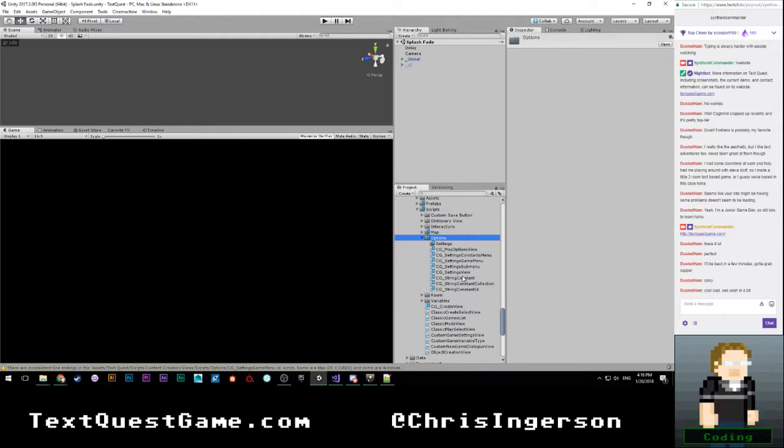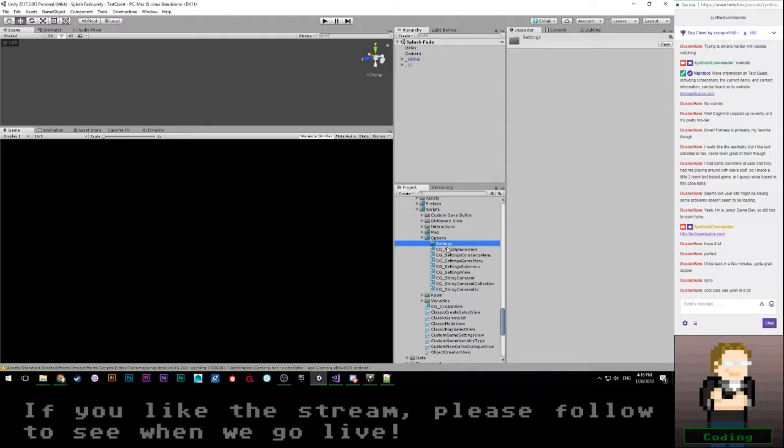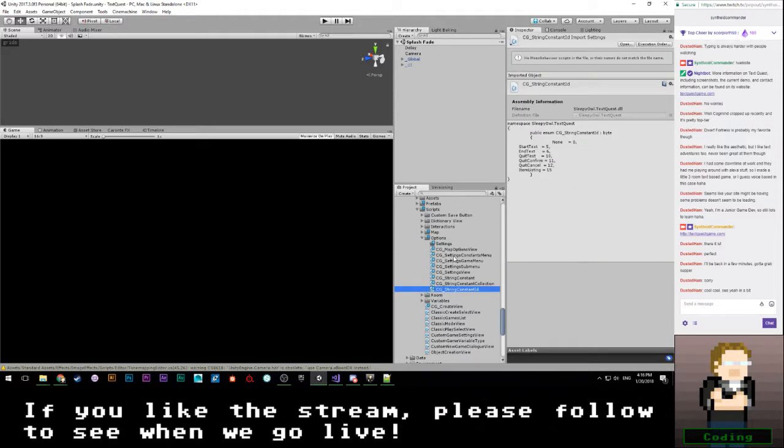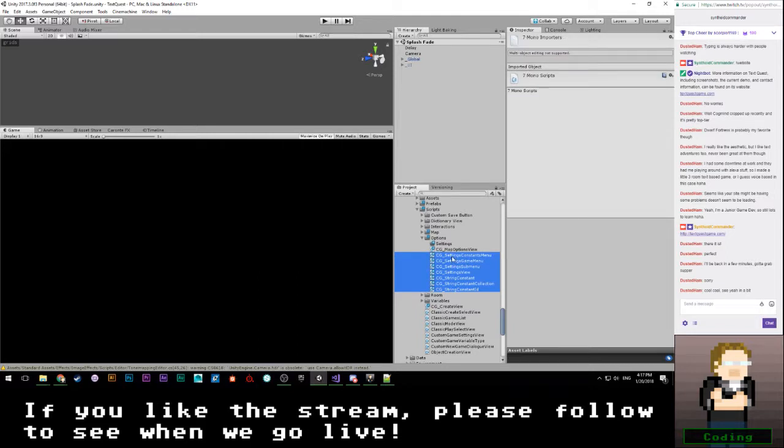Yeah, so we're going to need to make, I guess I'm going to call it CG string constant field, because I like having long names, and apparently I haven't said string constant enough. So let's go ahead and move all of these things into the settings folder here.